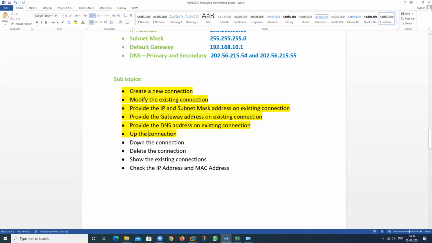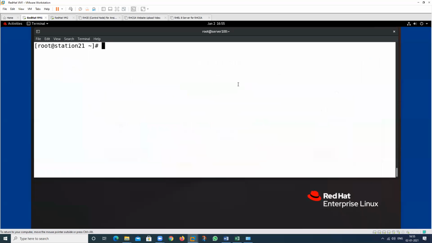How to bring up the connection, how to bring down a connection, delete a connection, and show the information, this also will be completed. If I want to check the IP address and MAC address, I will show this one. So these three things I will discuss: how to bring down the connection and how to delete the connection. See here,